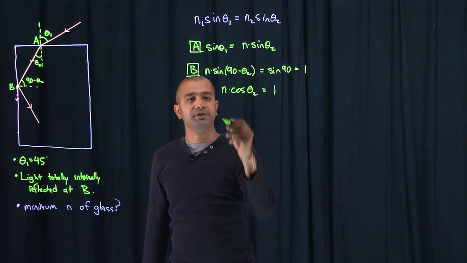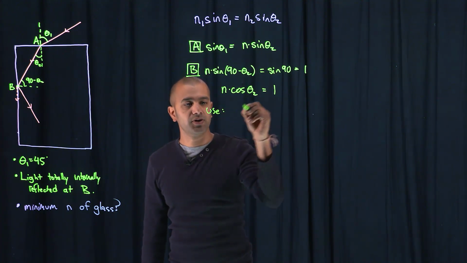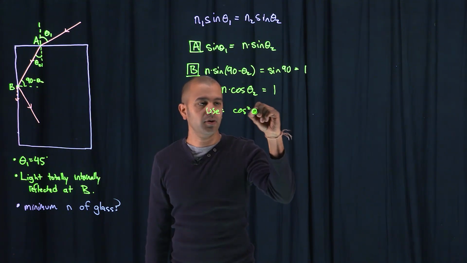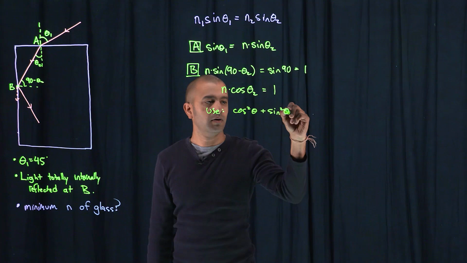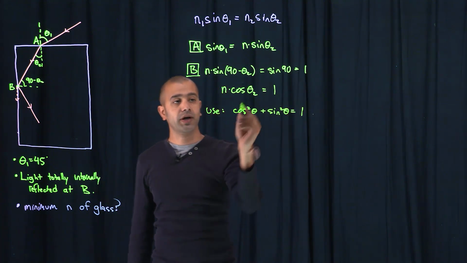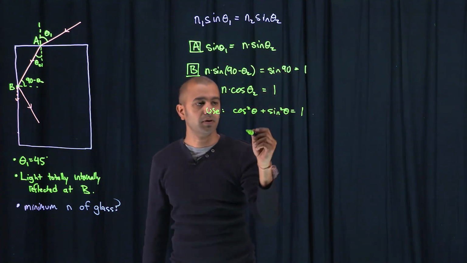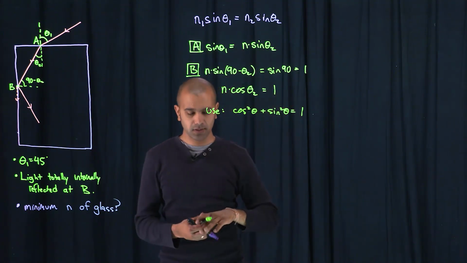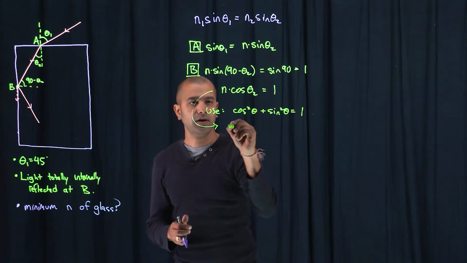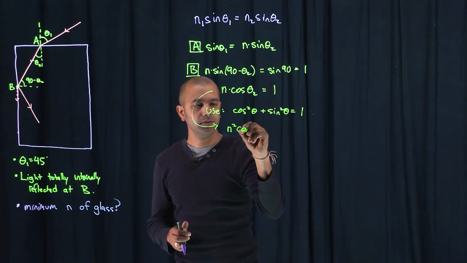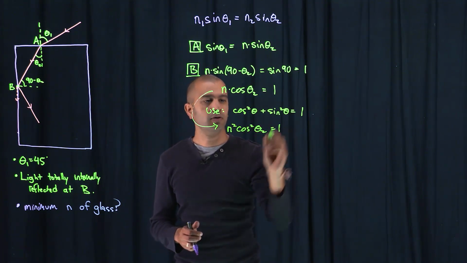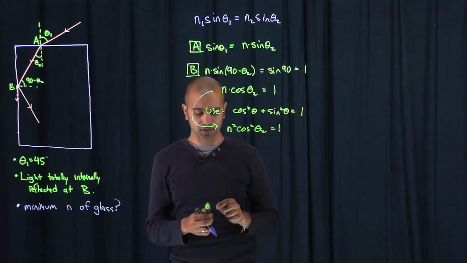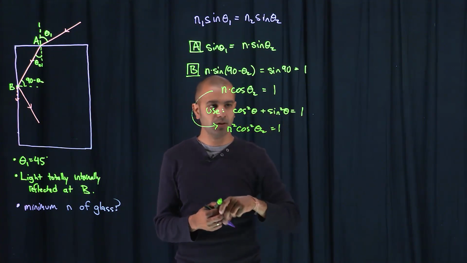What we can do here is use the following trigonometric identity for sines and cosines: cosine squared of an angle plus sine squared of the same angle equals 1. This will allow us to trade out the cosine for a sine, because we want to use sine up here. So let me square this formula. We'll have n squared cosine squared of theta 2 equals 1. And we can use the fact that 1 minus sine squared equals cosine squared. So plugging this in here,